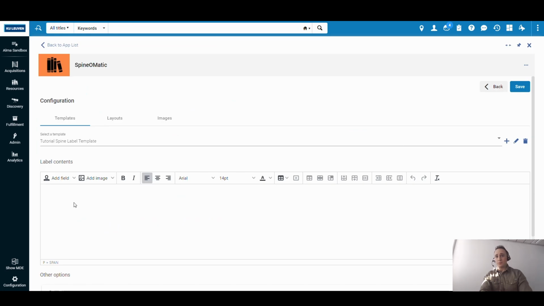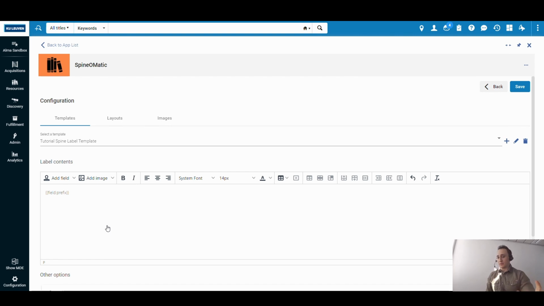What I will do is create a template, of course. I will add a new template, and in the label content section, I will add two fields. I will add a label prefix because I want to print a location, and I will explain to you very shortly what a label prefix is.